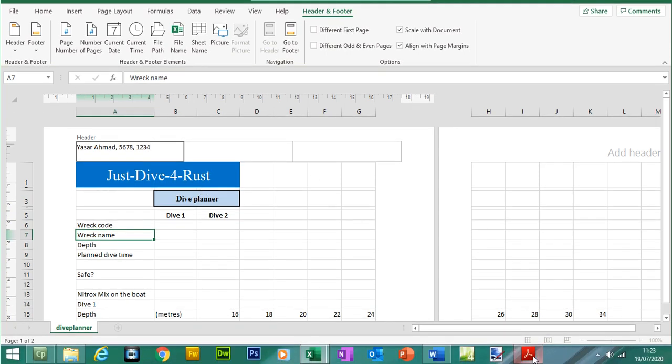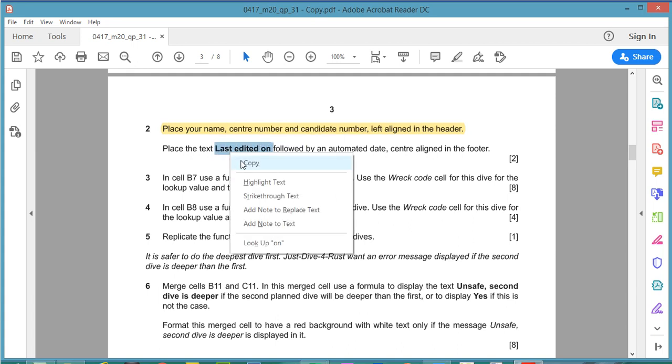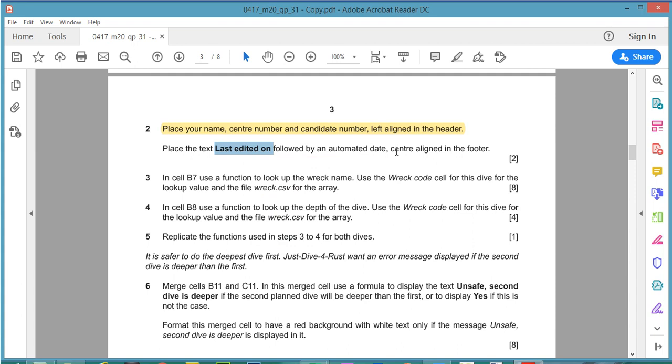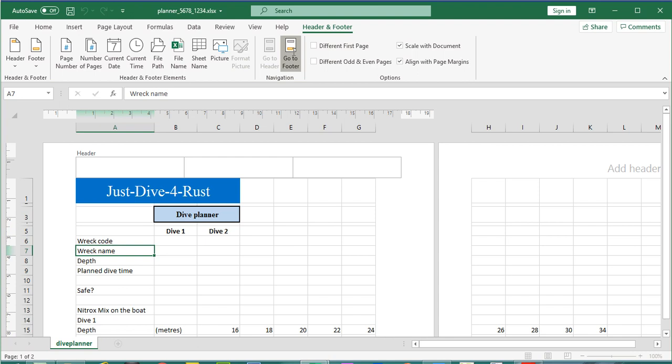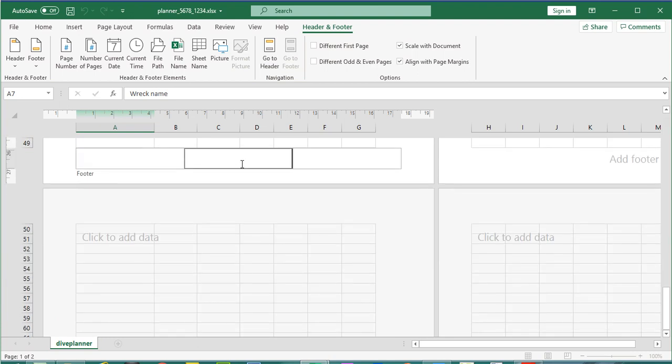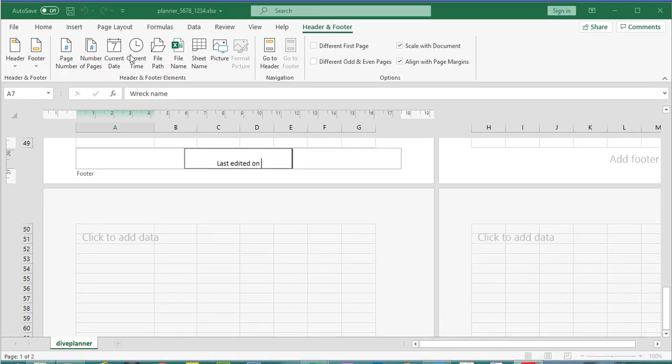Okay, and in the footer you're going to place the text last edited on. So let me just copy and paste this text, followed by an automated date center aligned in the footer. So if I click on go to footer, click on the center part, enter the text. Obviously in the exam you'd have to type this information, and then because we want to include the automated date, click on